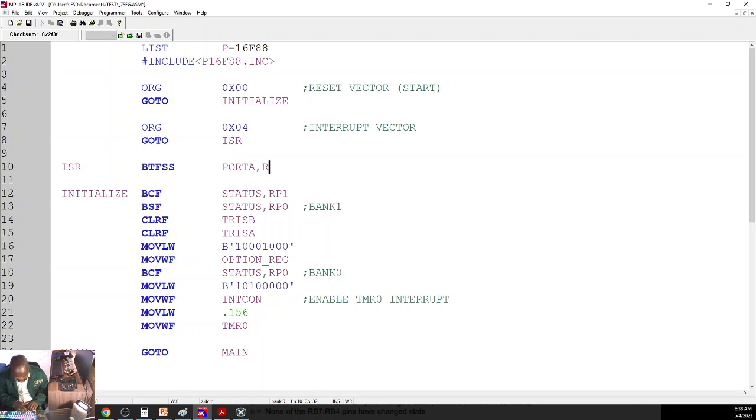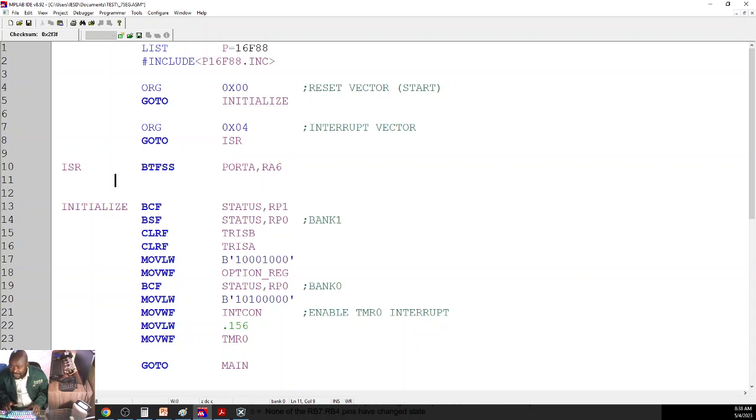Port A, RA6. Remember, I'm in bank 0 when I did my main loop. I'm in bank 0, and port A is in bank 0. So the interrupt takes place while I'm in bank 0. I already know that I can access port A because I'm in bank 0, right? Now, bit test file skip if set port A, RA6. If RA6 is not set,